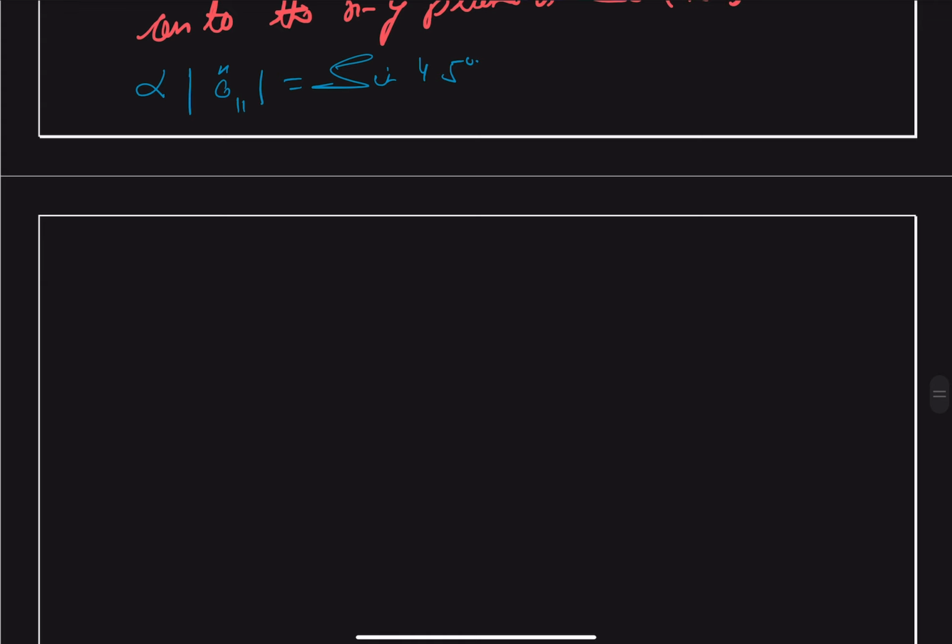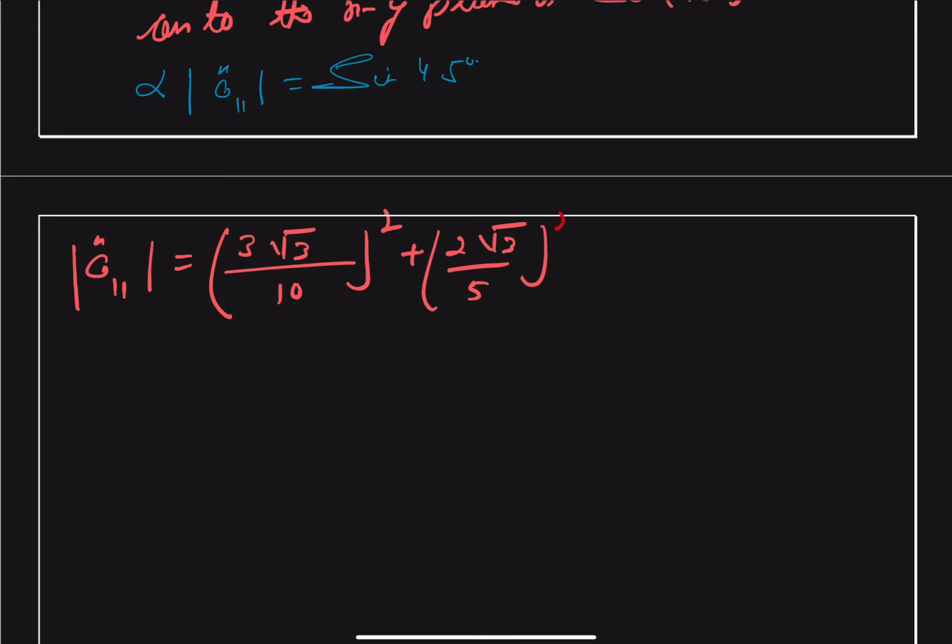So we substitute the respective values, or let us first of all find out the A parallel unit vector. So we get A parallel unit vector will be equal to square root of (3 square root of 3 divided by 10) whole square plus (2 square root of 3 divided by 5) whole square, and this gives us close to, it will be coming as square root of 3 divided by 2. Now we substitute the value, we get alpha